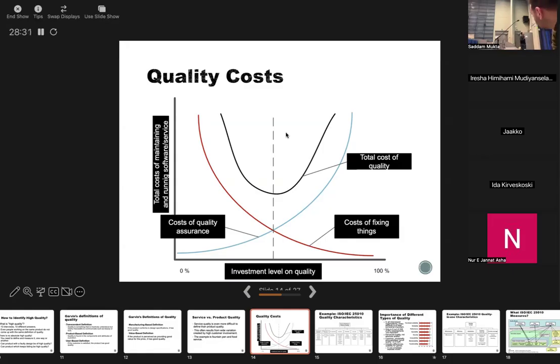If you look at the blue curve, which is the cost of quality assurance, you can see that after a certain state, it becomes high. That means if we want to invest a lot for the quality level, sometimes it has a very high cost for software maintenance, because of